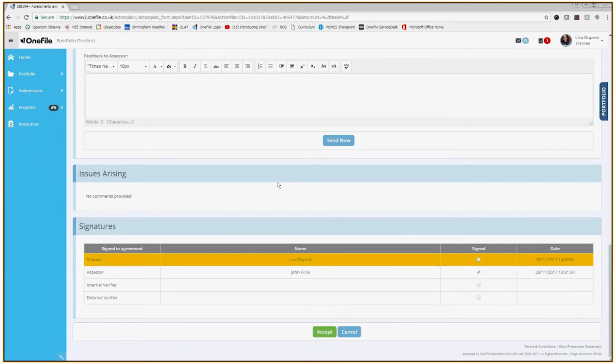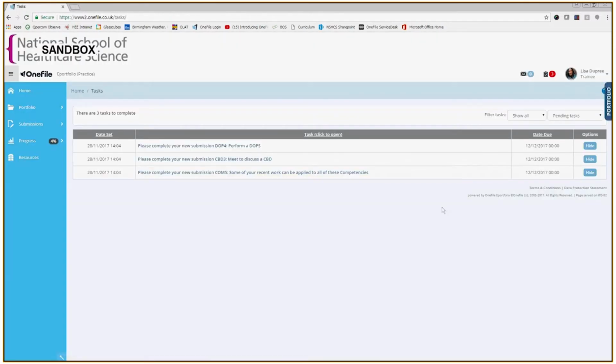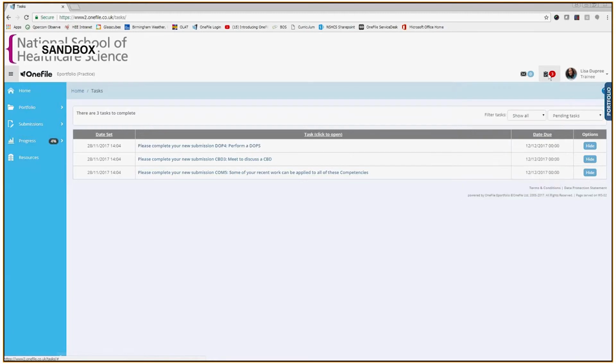And the last thing I need to do, just as with everything else in OneFile, is sign off on this training plan. And what that will do is tell my training officer that I am happy with this training plan that he has produced. So I've ticked my box there. I'll click Accept. And now what you can actually see is I now have 3 new tasks. Those 3 new tasks are the 3 submissions that my training officer has asked me to complete as part of my training plan. If I go to my portfolio